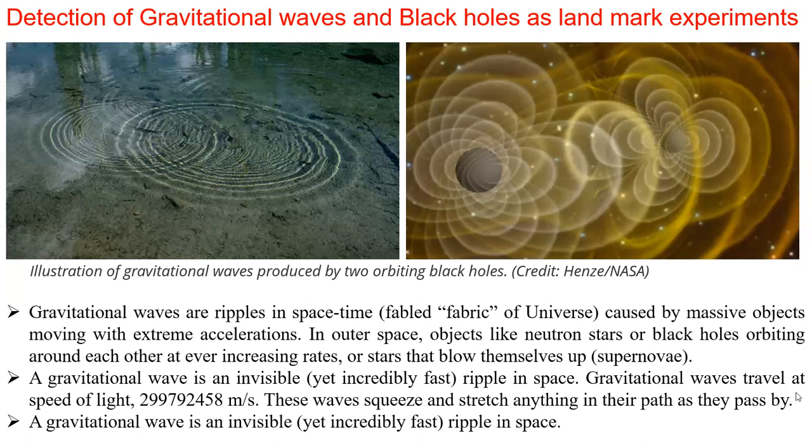Gravitational waves travel at the speed of light in vacuum. This is 3 × 10^8 meters per second, or 3 lakh kilometers per second. For all practical applications, to make calculations simpler, you can use this. Otherwise, the exact value is 2,99,792,458 meters per second, which can be converted to kilometers per second.